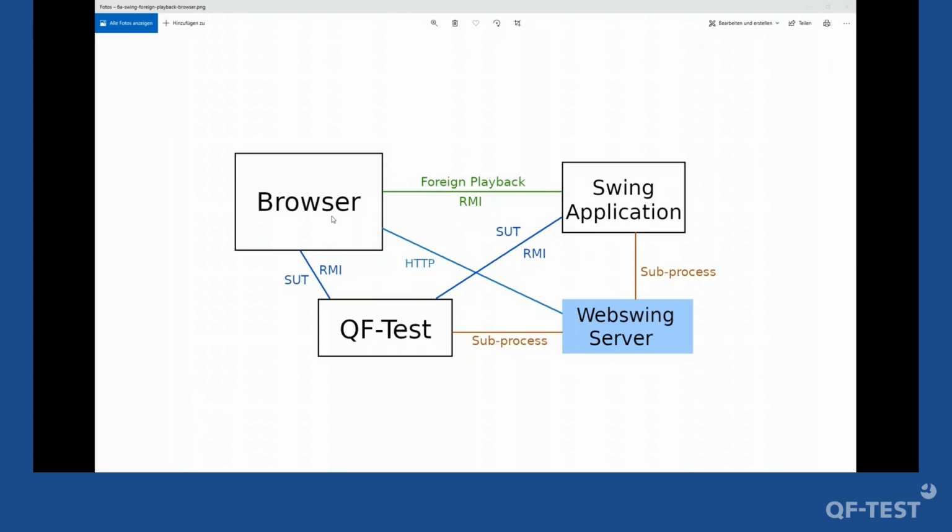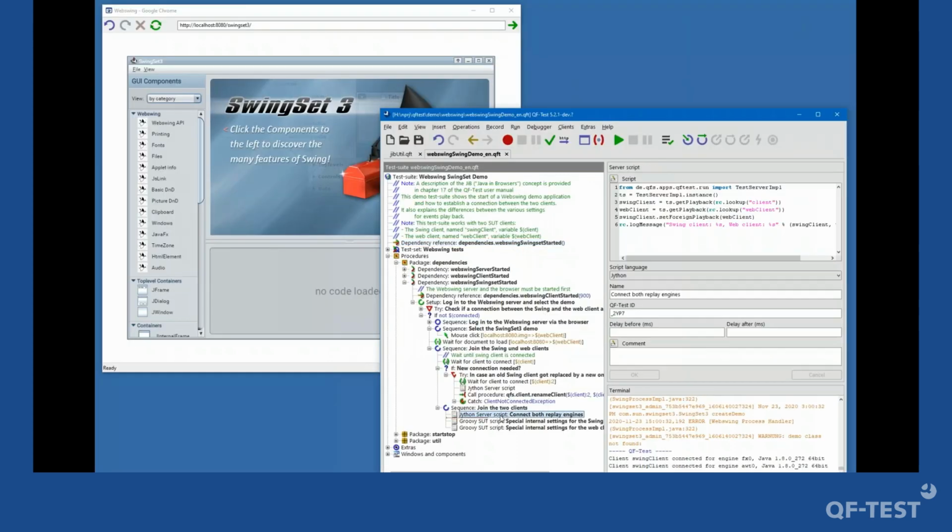So the first idea was to have QF-Test playing the messenger between the two applications. And at one point, a spark of intuition, we had a different idea. And this idea turned out to be beautifully elegant and very easy to implement thanks to the Java RMI system. Because what we can do is, with the two clients open, we can also establish a connection directly between the two. And in fact, this is the whole script